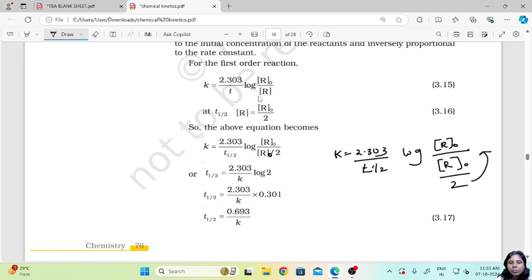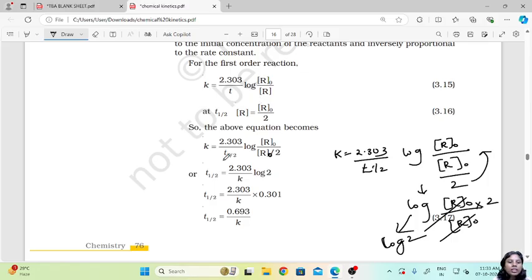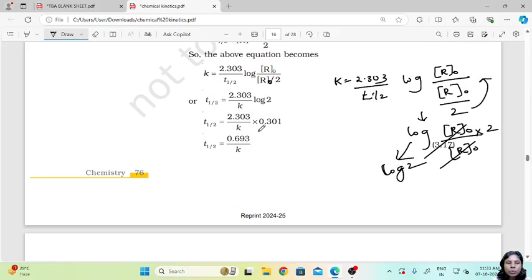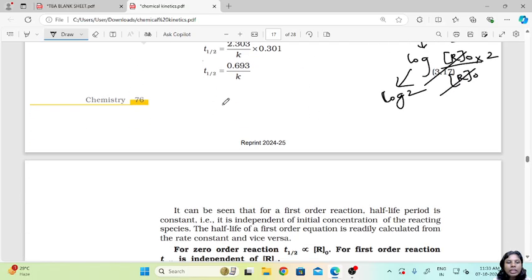If I take the reciprocal of this part, I will get log of R0 upon R0 into 2. So this R0 and this R0 will get cancelled, and we will be only left with log of 2. So T half will be equal to 2.303 upon K log of 2. On substituting the log value of 2, that is 0.301, we get